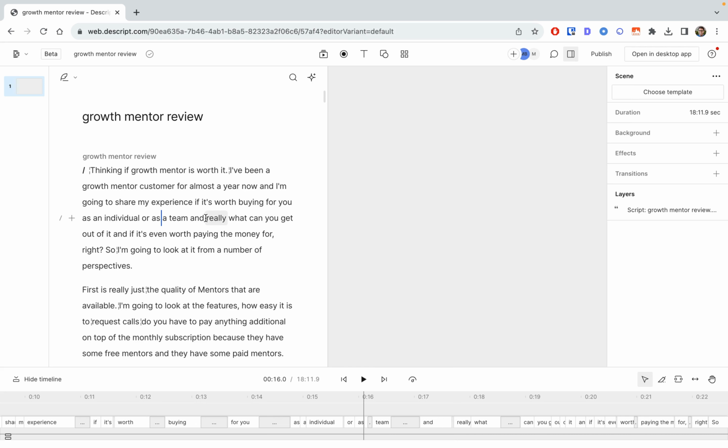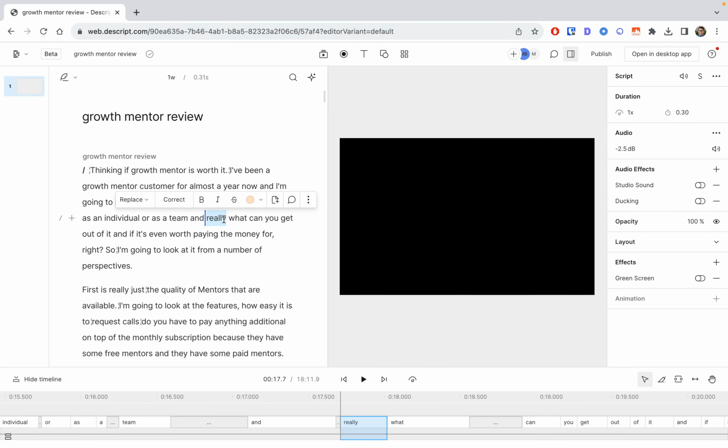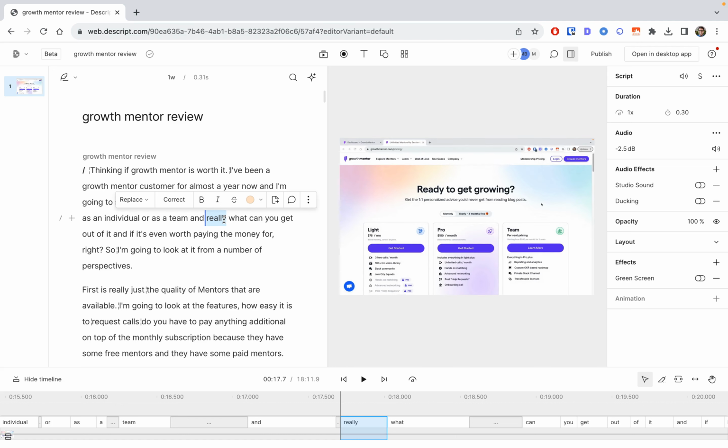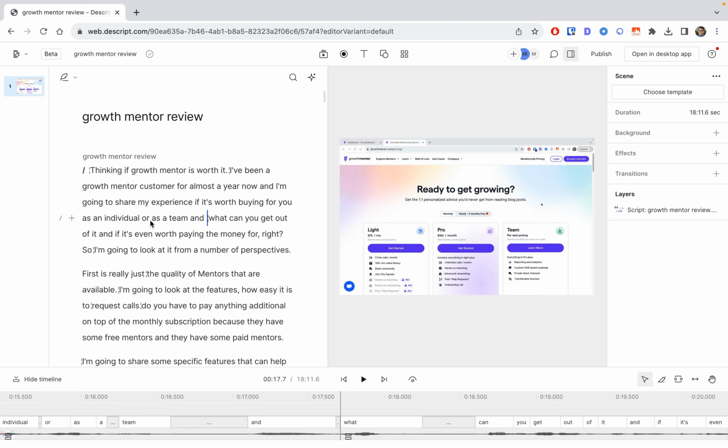So when I take this word, I'm basically copying a small snippet of the video where the word really was used. And I can just hit delete. And now it basically deletes that word from my editing content, right? From my video. And this is so useful because when you're editing using video editing tools, to find the right time where a specific word was used, you waste a lot of time there. And in here, you can basically just remove this by just reading through the script, right?